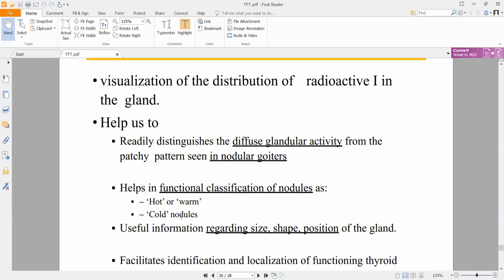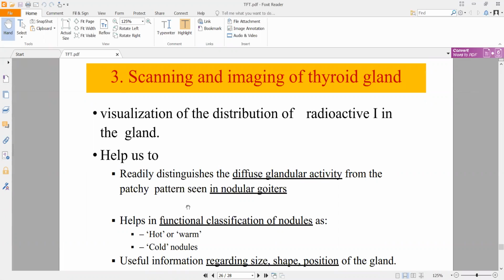So when you have diffuse glandular activity, you will see the radioactive iodine that you are giving spreading all across your gland, evenly spread. Now, if I'm giving radioactive iodine, initially I told you it measures the primary function of your thyroid gland through an uptake study. That is one way it helps. Another way it helps is when I want to know whether the patient has thyroiditis, and if they do,